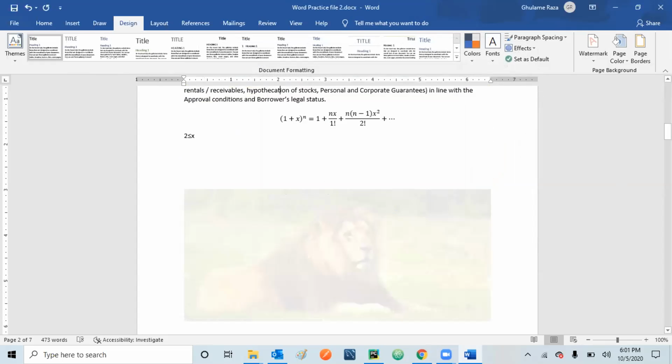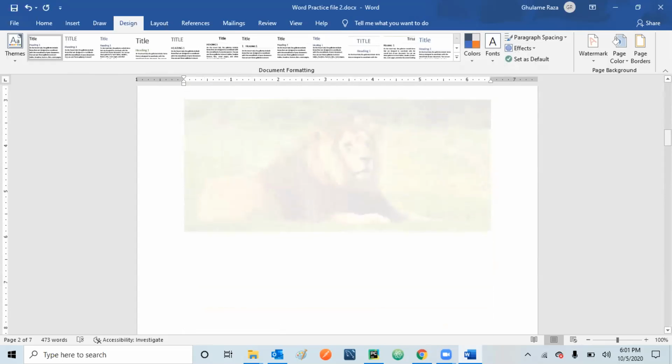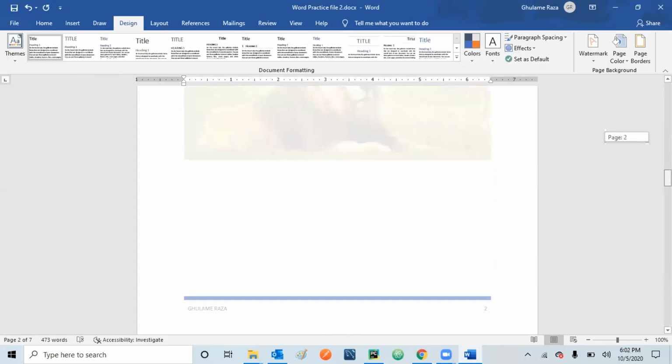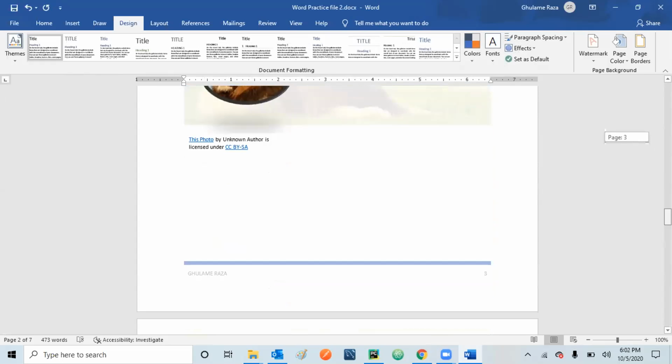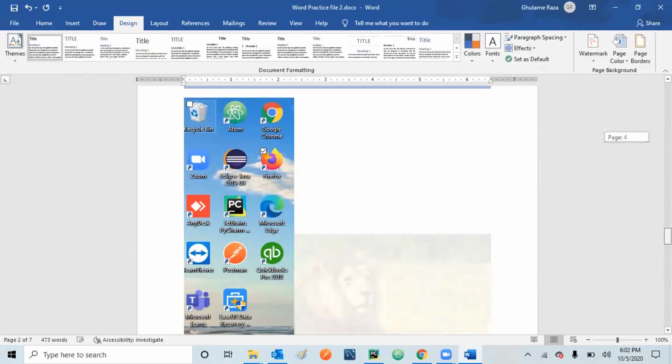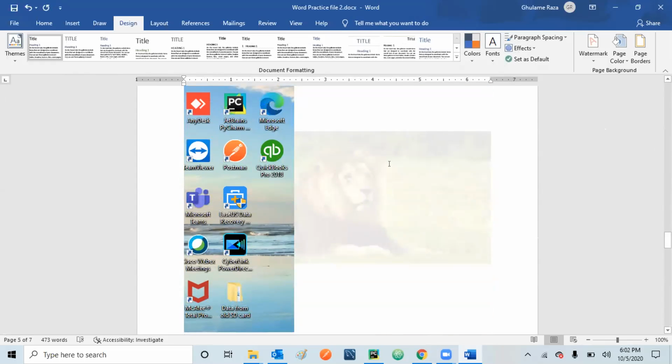If you see, because it's a watermark, they know that after having this picture, you will be typing over it. If they make it very dark, your words and the picture will become mixed with each other. So they don't want to get you confused. That's why you see it's very blurry, very light in the background. It's applied on all the pages. Normally we have seen it on the builders' letterheads. They print their building or something in the background. So that's how you can bring the watermark